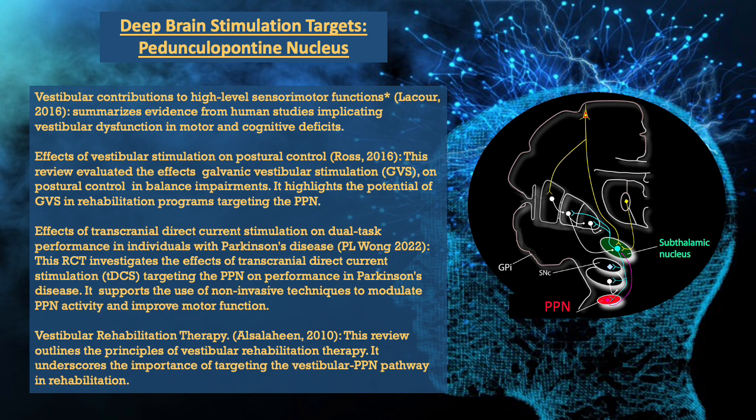In human studies, there are two important pieces of research shedding light on the role of the vestibular system in both motor and cognitive functions. One study by Accor in 2016 reviews evidence from human studies showing the link between vestibular problems and difficulties in motor and cognitive skills. It also explores ways to use vestibular system therapies to improve motor function and abilities in